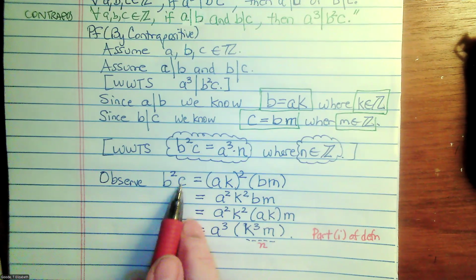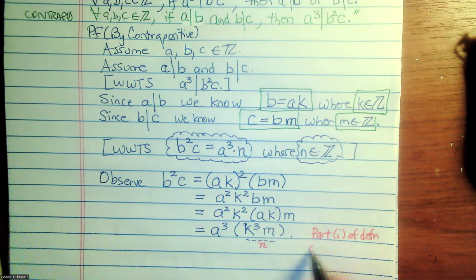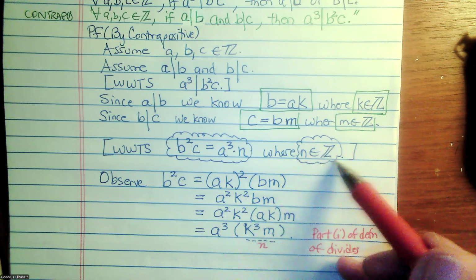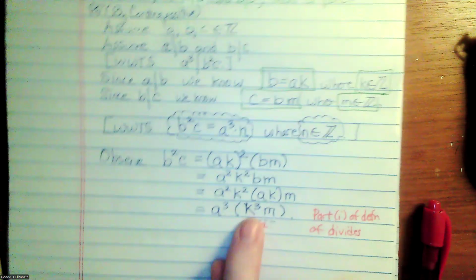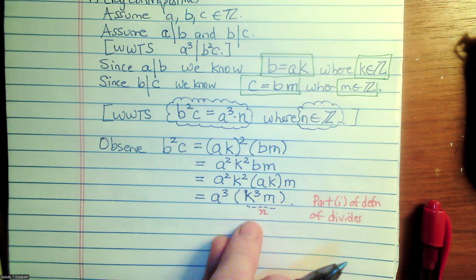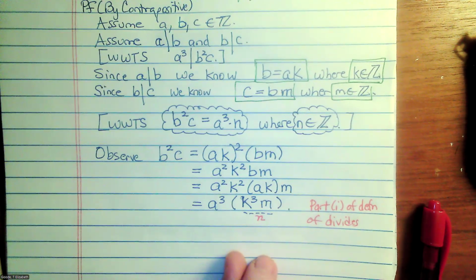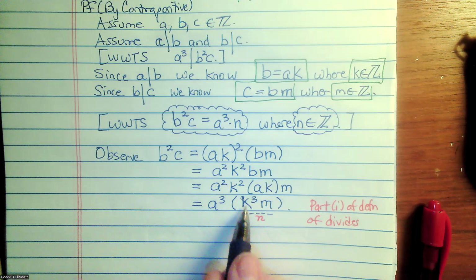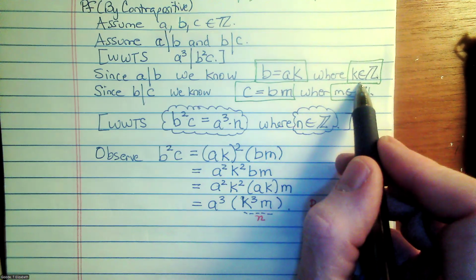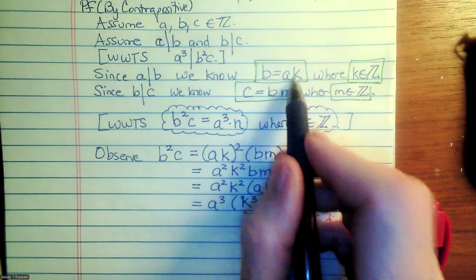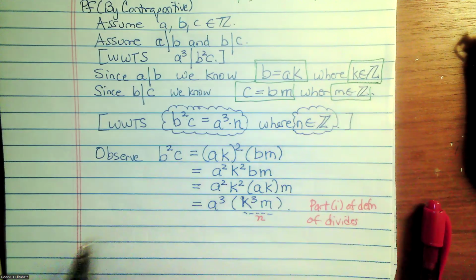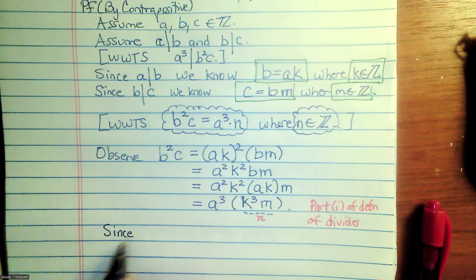We got that B squared C equals A cubed times something, but we got to satisfy part two of the definition. We got to show that something is an integer, and we also have to say something smart about products, and use closure of the integers under products. So tell your reader, hey, remember K, because we haven't burned the money yet, that K is in Z and M is in Z. We haven't burned this money, so now when we realize we got to use this, we say since or notice